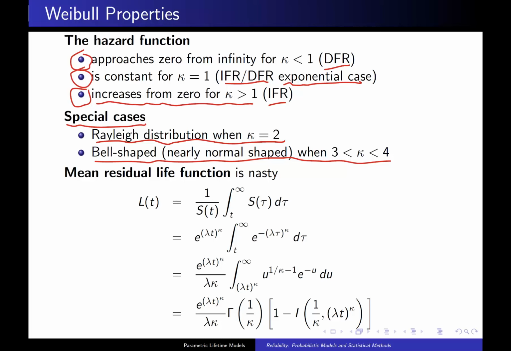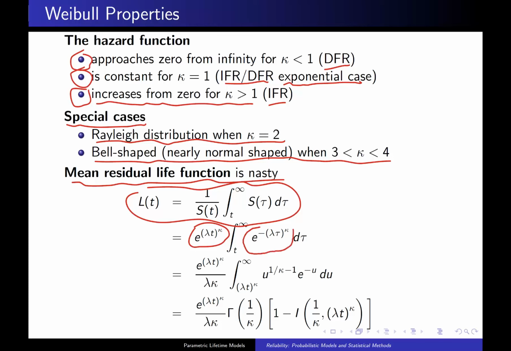Now the mean residual life function here is quite unpleasant. Here is the formula from the 5 by 5 matrix. When you plug in the survivor function and take its reciprocal, you get that. The survivor function is here, and that is a difficult integral. However, if you make the substitution u is equal to